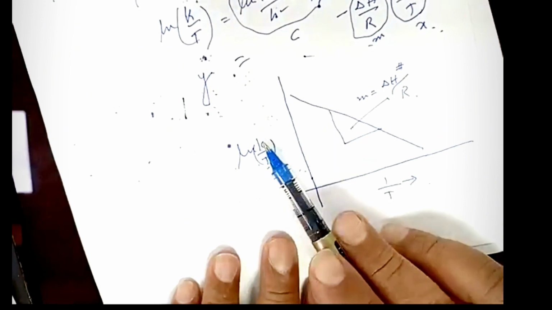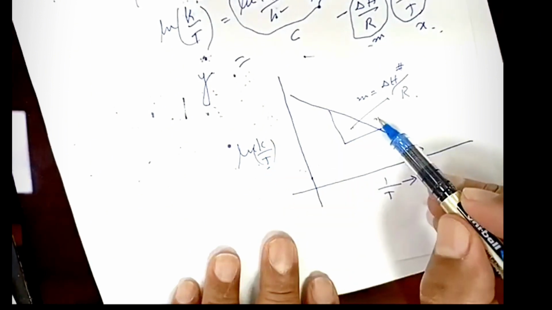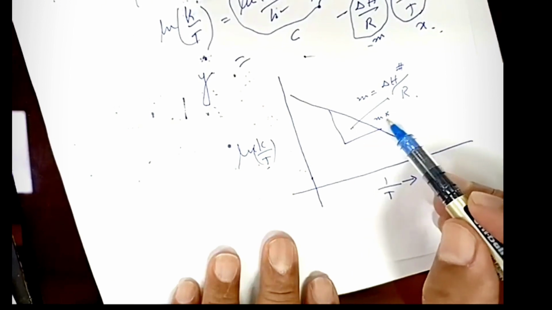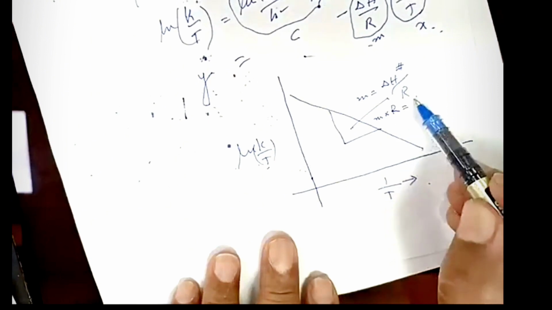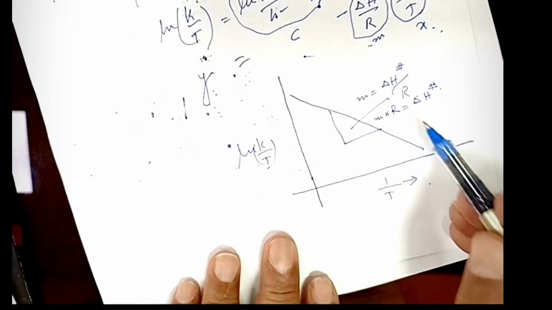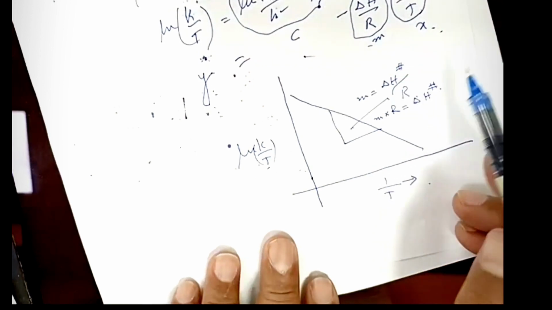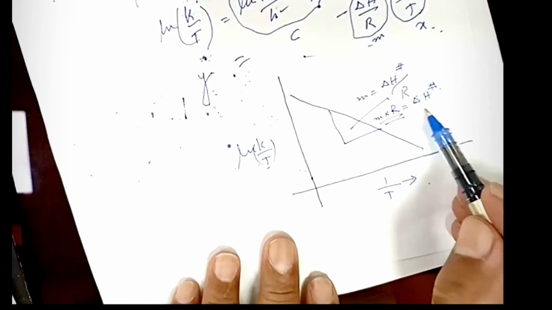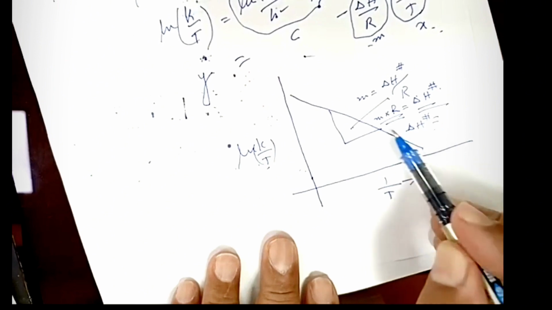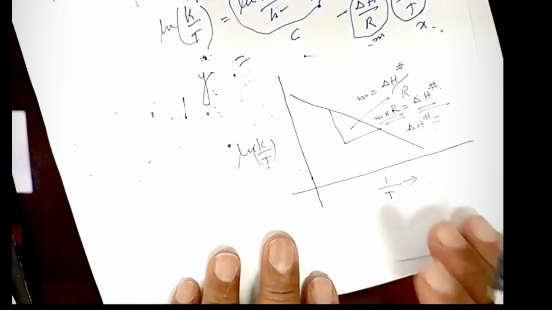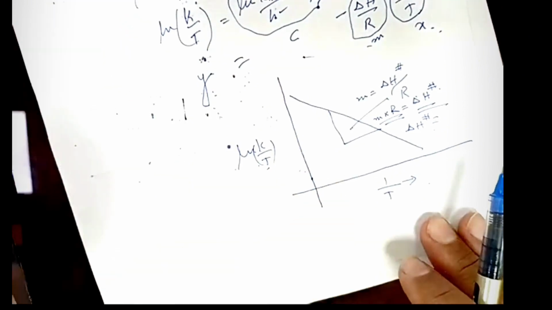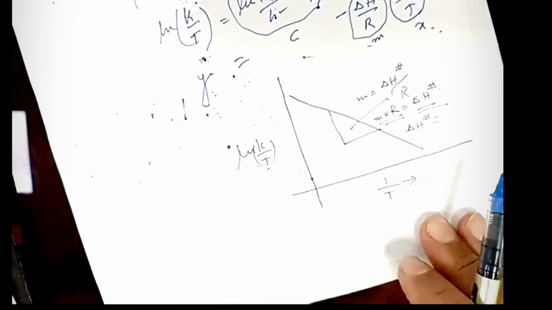ग्रेडियंट और स्लोप ने हमें एक्टिवेशन एनर्जी दिया था। अब if we multiply this numerical value of gradient or slope with gas constant, we will get the enthalpy of activation। ये देखिए मजे की बात, ये नेगेटिव आएगी, नेगेटिव से नेगेटिव कैंसिल हो जाएगा, पॉजिटिव वैल्यू आ जाएगी, and thus we can find the enthalpy of activation very easily from the gradient of the straight line plotted using the Eyring equation।